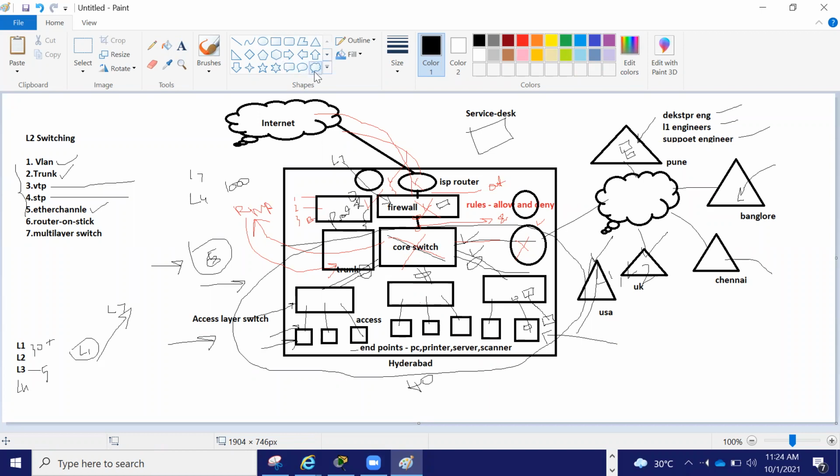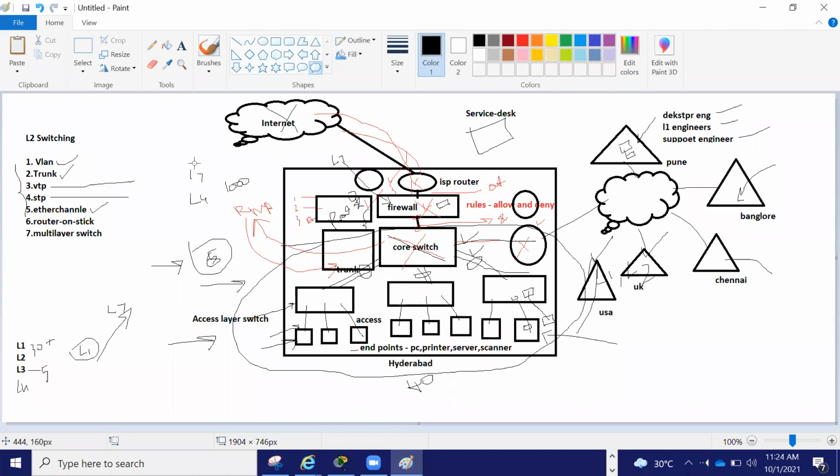This is called redundancy. Now look here, if you have two routers but a single internet connectivity, and this ISP has some problem, then your internet is gone, right? It is not a hardware problem, it is an ISP problem.